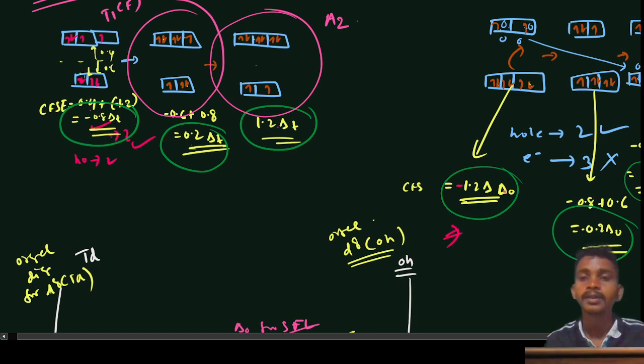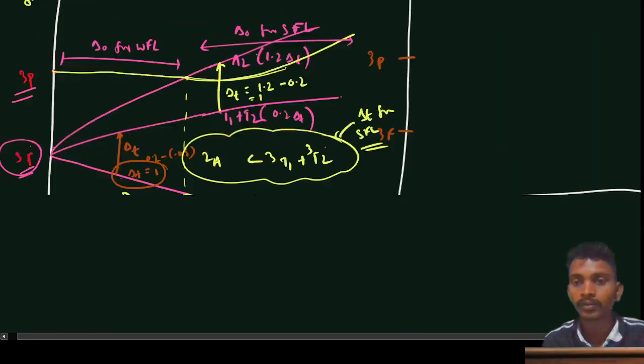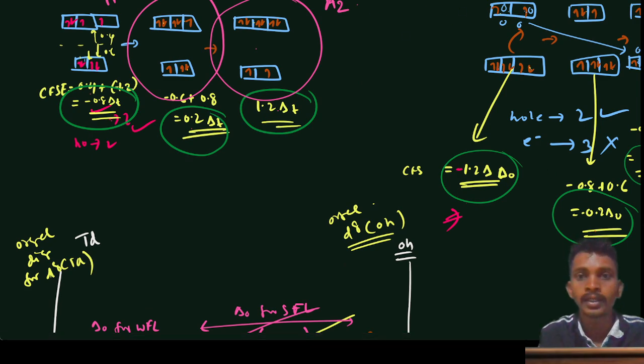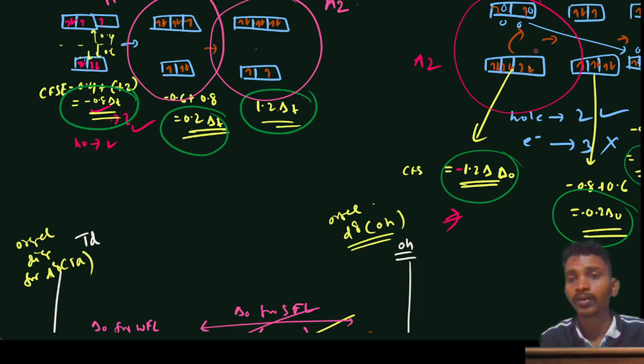So please calculate it. Now I will draw the Orgel diagrams here. This is the ground state, and with that I will assign it. See here that no degenerate state is there. This is half filled, this is fully filled. So I will assign this to A2, because A2 represents non-degenerate. So these are all non-degenerate, this is fully filled and this is half filled, so a degenerate state is not there. So I will assign A2, and here you see that degenerate is also there. This is also degenerate. So for this I will assign